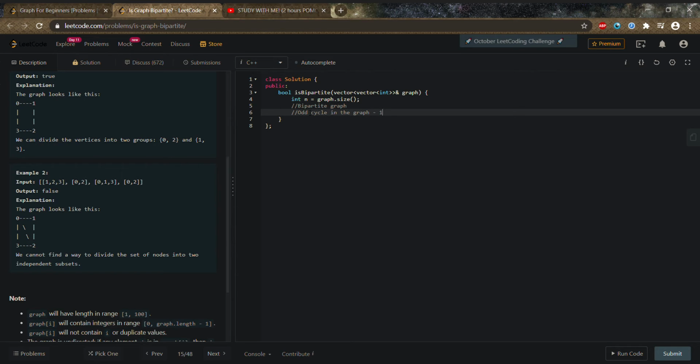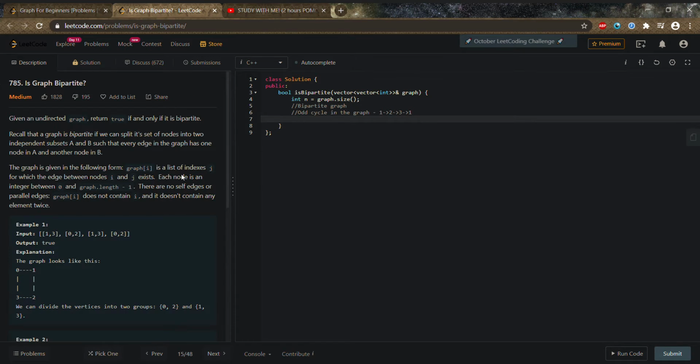If 1 is connected to 2, 2 is connected to 3, and 3 is again connected to 1, how will we divide it into two sets? If we color 1 in red, 2 in blue, then 3 in red, we see that 1 and 3 both have the same color, and we want half the elements to be of one color and the other half of another color. So basically we need to see whether the graph is bipartite or not.